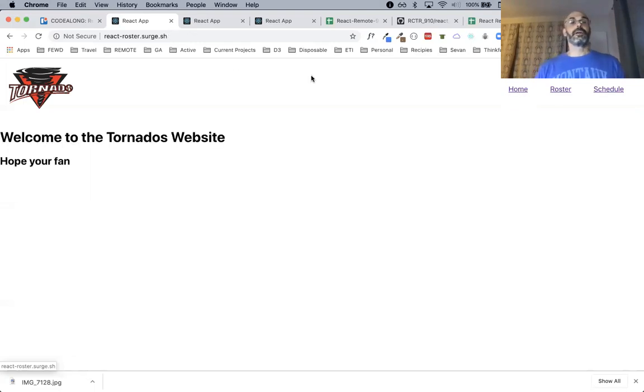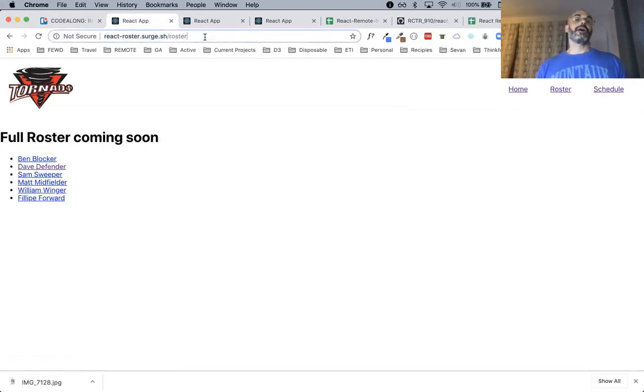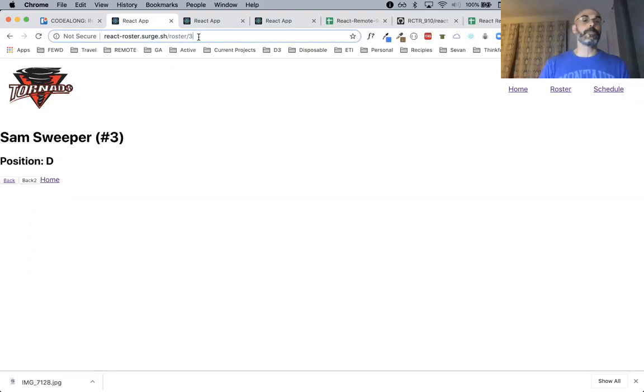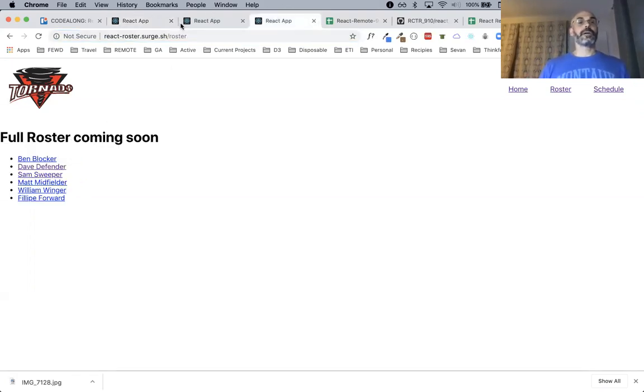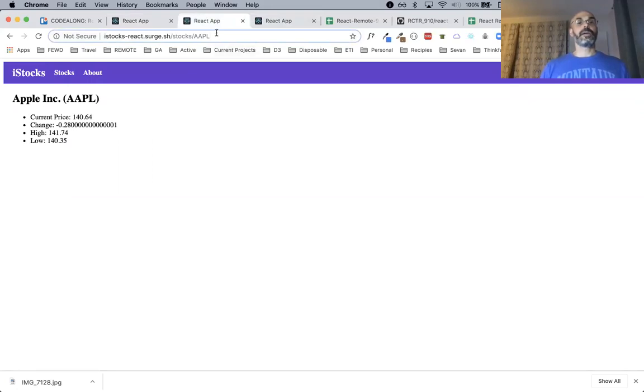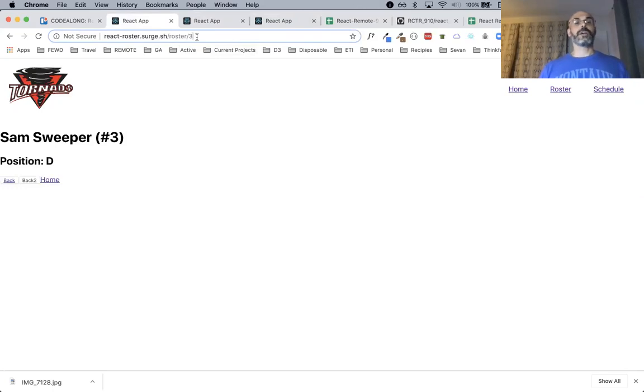Now, what I want you to see is the URL. See how this is a specific route, right? This is the default routes. There's a way to define the default route. If I go to roster, look, I have /roster. If I go to one of these, it takes me to /a number, instead of the name of the stock, right? This one is stocks, and this one is roster and the number.